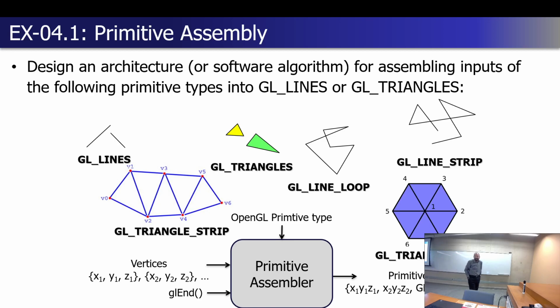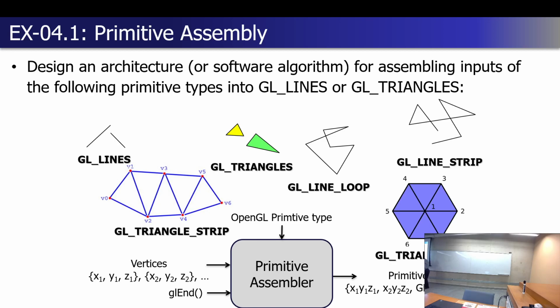My only recommendation as you build out the state machines for these is, I just don't think you should try to be too clever. That's just my opinion: have a state machine for triangle fan and have a state machine for triangle strip. Technically, they have a lot of states that could be in common, but the trade-off is I've saved like 2 bits in a flip-flop somewhere for my state machine, and I've made it a lot harder to debug and test. The design choice is yours, but that's just my opinion: keep it separate, keep it simple. Because as someone was asking at the very end, there's kind of a hidden triangle in our triangle